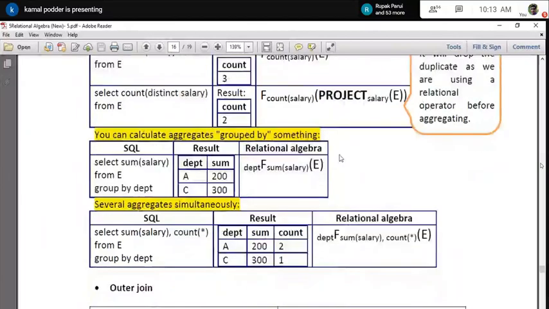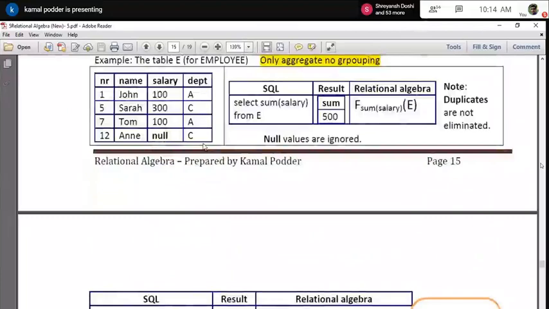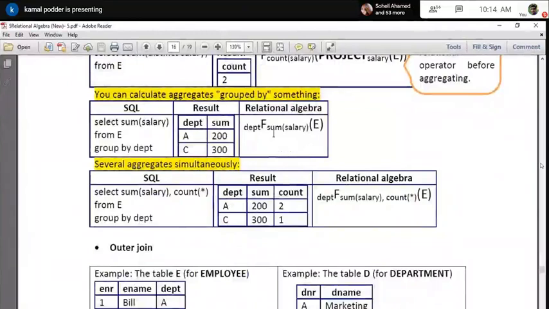Now let's see aggregate and group by together, if you really want to add both. Here I want the result department-wise. In SQL I have given the query side by side so that you can find the similarity. If you write select sum of salary from E group by D, it will automatically show you the department-wise total salary. So here I get A and C, because B is not there; there is no employee in B. Now if you write D as the grouping attribute with sum of salary E, you will automatically get that result.